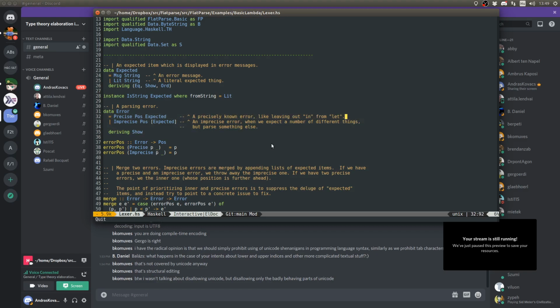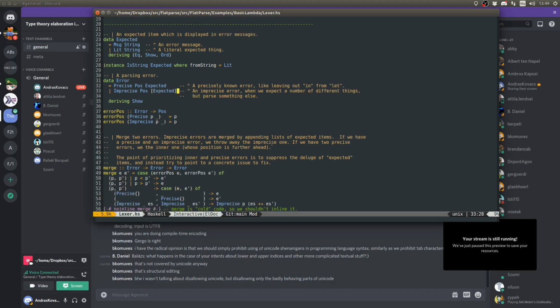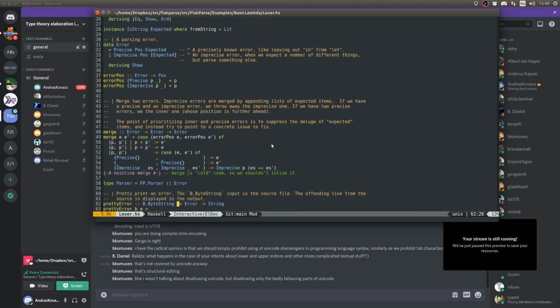So whenever I'm sure that there is a very specific error, I just print out the specific error. If I'm not sure, and I have a range of different things which could have been written in the source file, then I return this imprecise error. So then I have a list of expected things, and then I have this merging operation. So I can merge errors such that